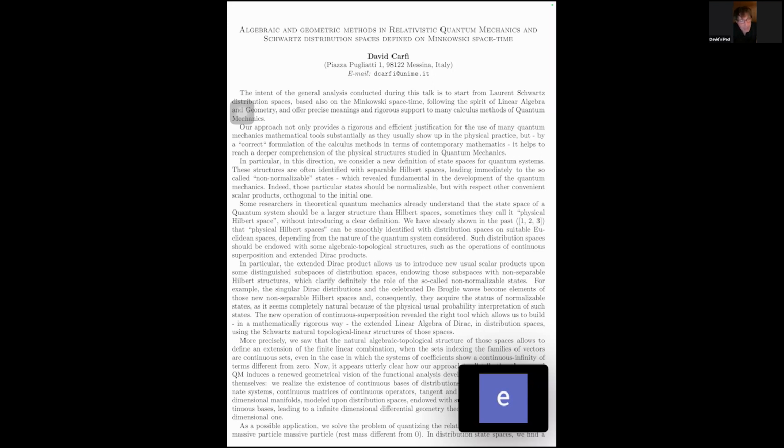It provides us the possibility to define again the coordinate operators, and so the possibility to construct manifolds modeled on distribution spaces which have tangent spaces endowed with tangent vector bases. So I show you the application, and by the way, I will give you some hints about Schwartz